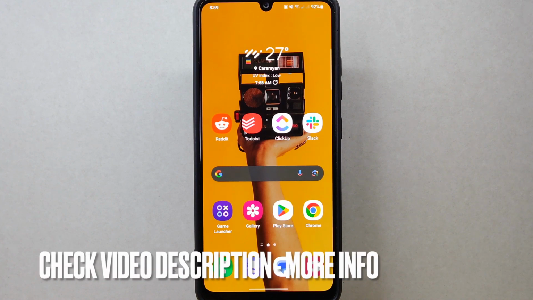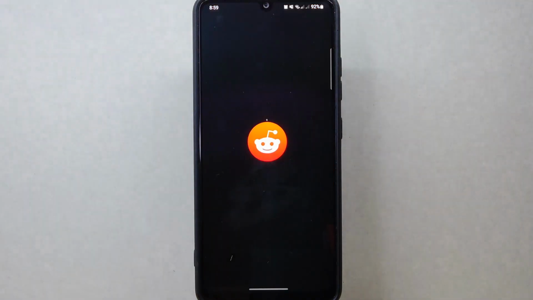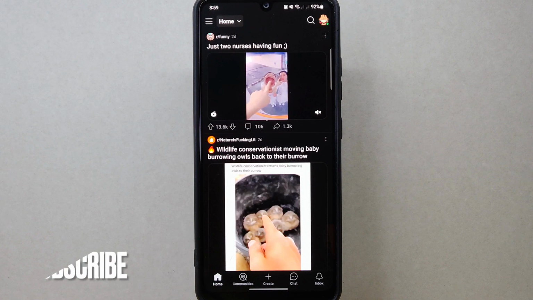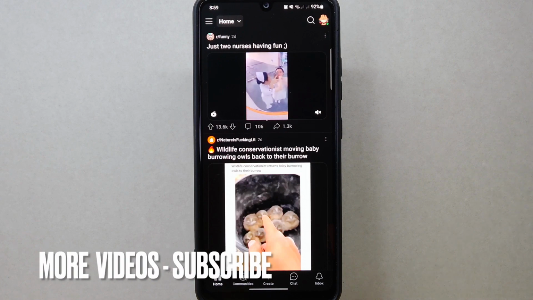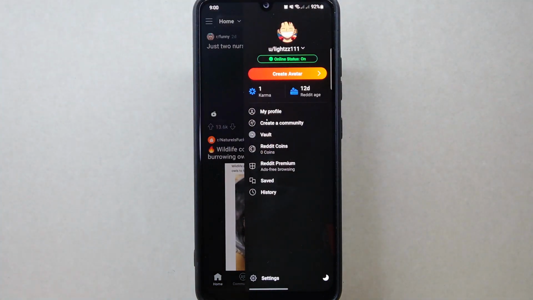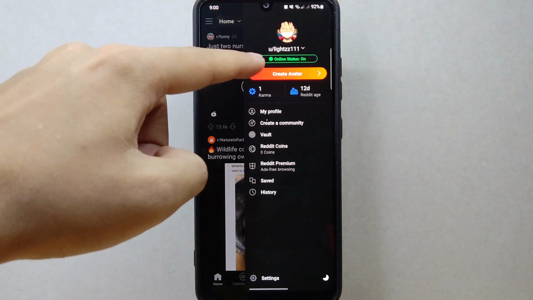So let's start. First, open the Reddit application and log into your account. Once you are logged in, you will be taken to the home page. On this page, tap on your profile icon located at the top right corner of the screen. A panel will appear at the right side, and here you can now see this button where you can see